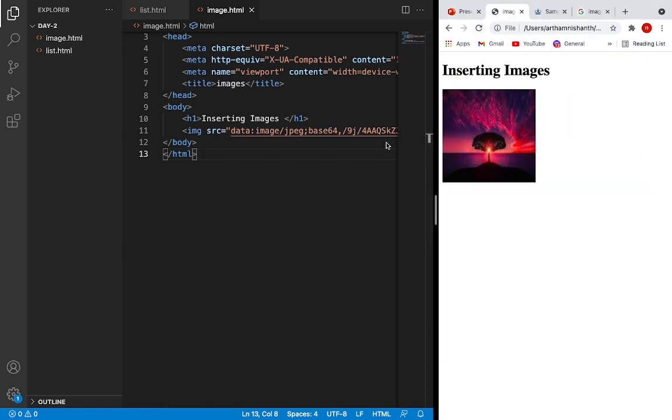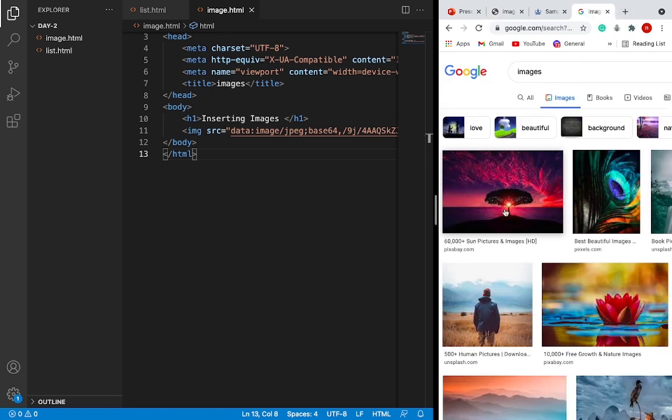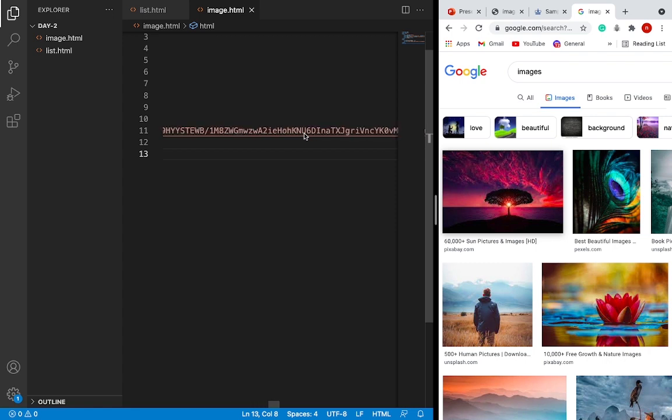They're reading an image. But what if I don't have a proper net connection and I try to run this program? Or if the image has been removed from the Google at this side, now the user did wanted to keep this image and he deleted it after a few days because we develop web pages and keep it static for many days. Like I've created a web page and after 3 years a certain person is viewing the web page and instead of downloading this I have used the network internet images and after 3 years this image is not present in Google. So then instead of throwing an error, it's going to display the alternate text present over here,